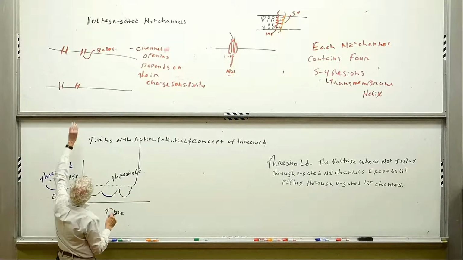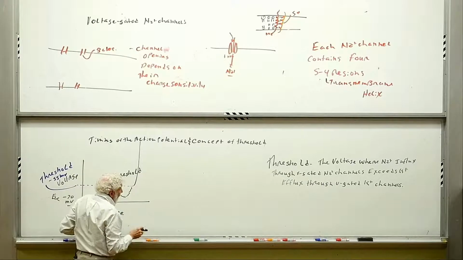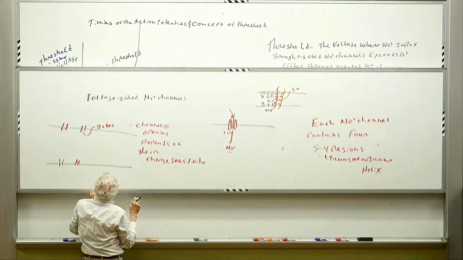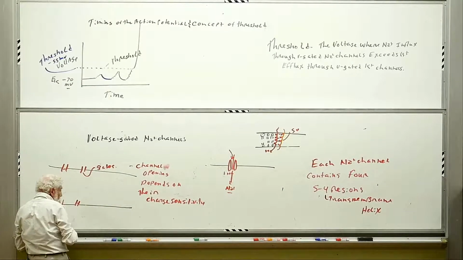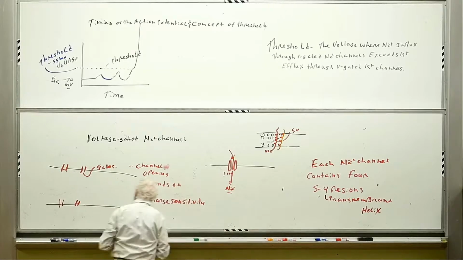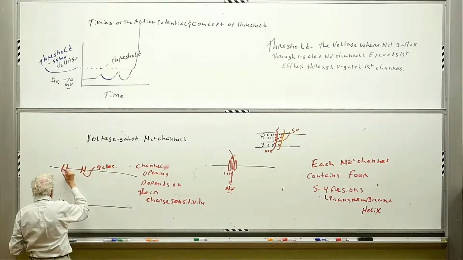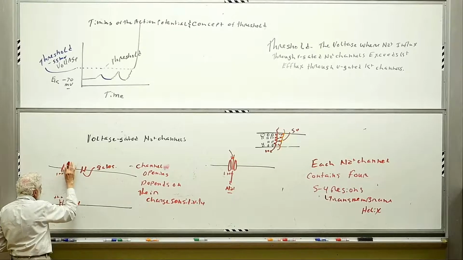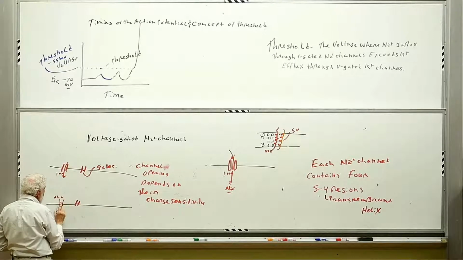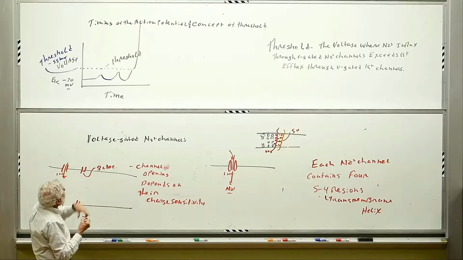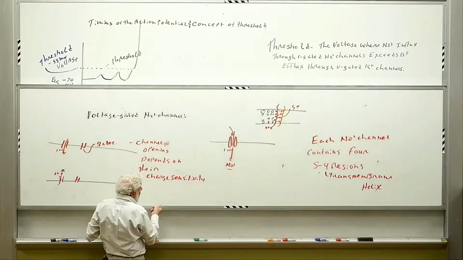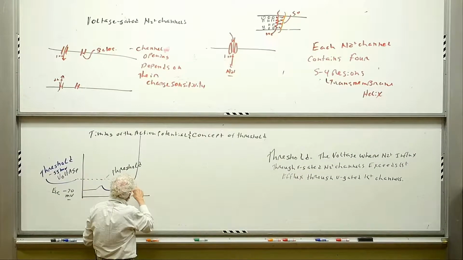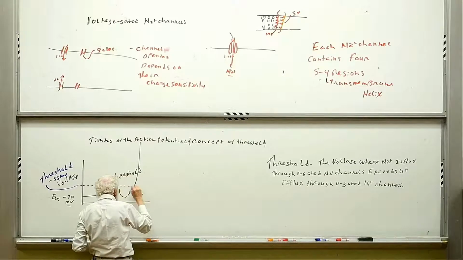As we start accumulating charge, back up to the upper panel, as we start accumulating charge around the cytoplasmic side of these channels, as we accumulate charge here, these gates open and bring more sodium in. So when we reach threshold where sodium influx exceeds potassium efflux, this point at threshold, this leads to,